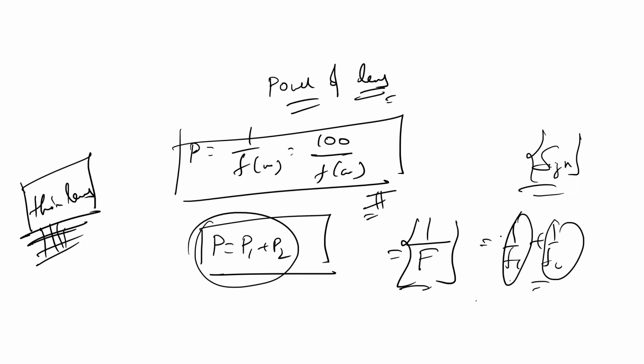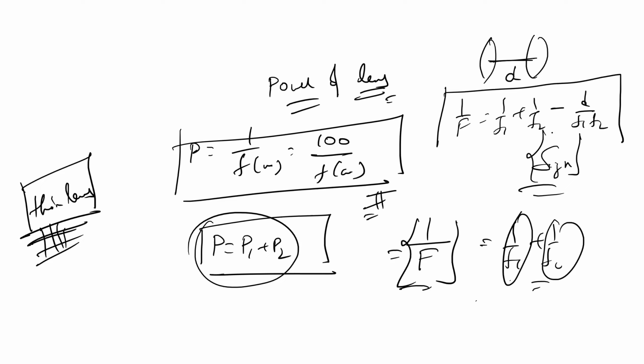Okay. Yes, sir. But in case the two lenses are not very close, they're having a separation between them, you can use the formula with separation D here. So that is 1 by F is equal to 1 by F1 plus 1 by F2 minus D by F1 F2. This is a formula if two lenses are having a distance between them, D. Okay. This can also be written as P is equal to P1 plus P2 minus P1 P2 into D.